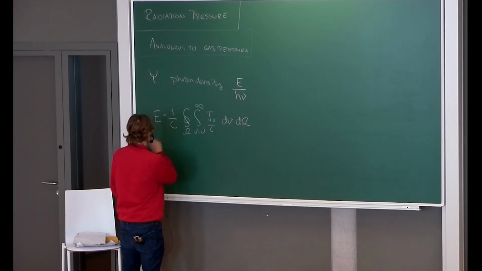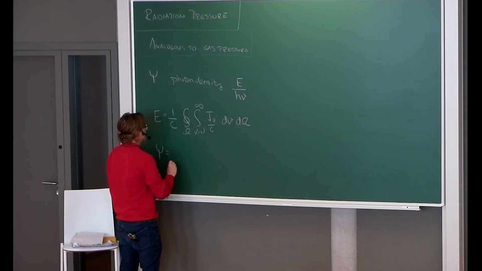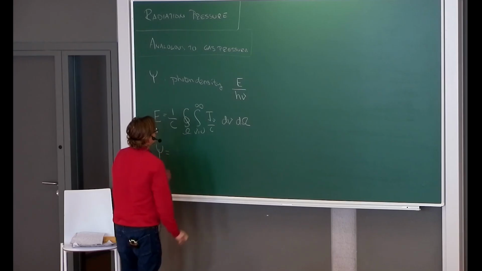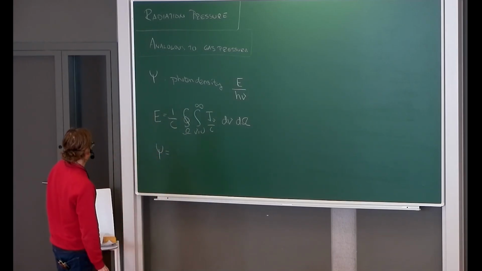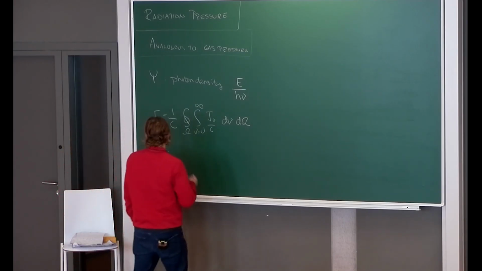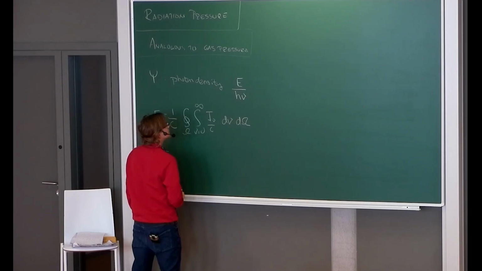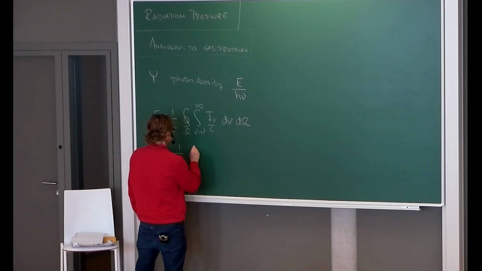And we can identify that the photon density is going to be this divided by h nu, so just 1 over c